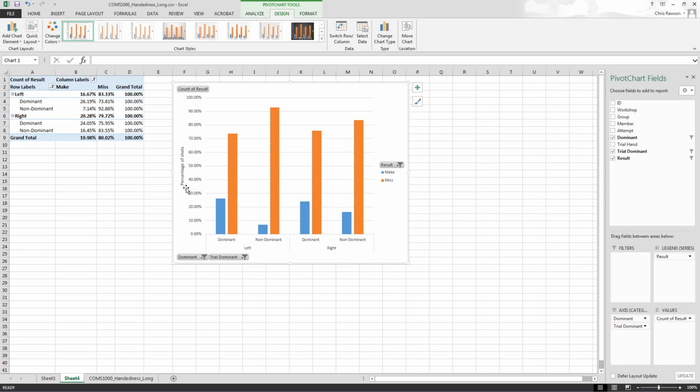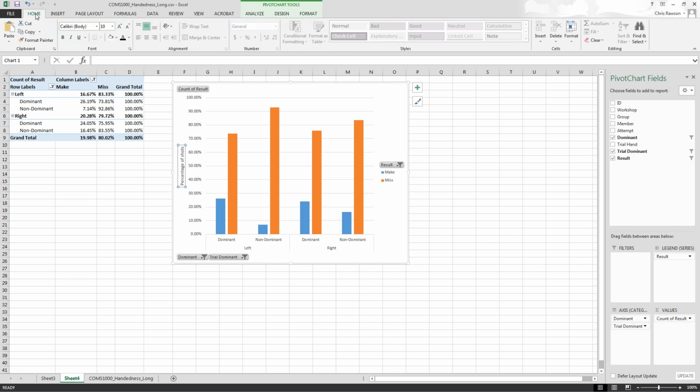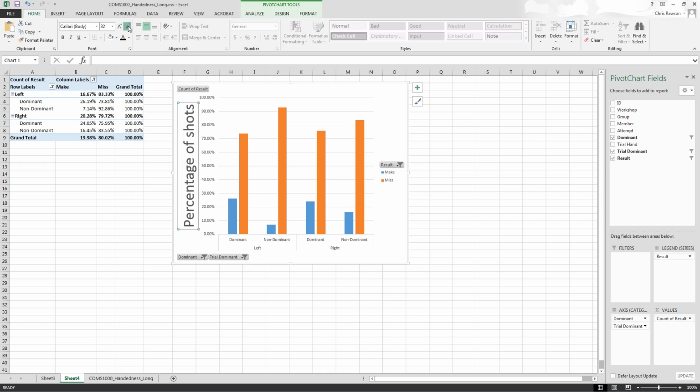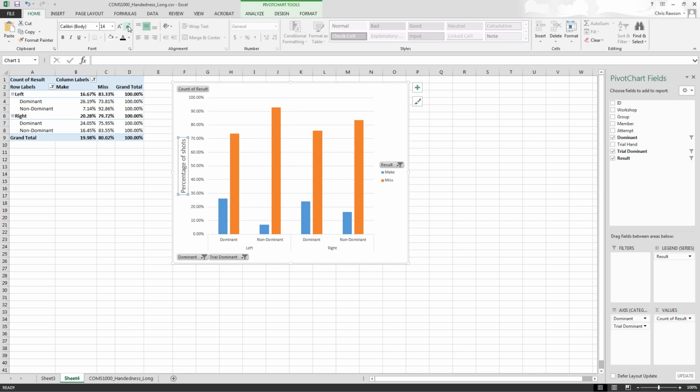And that's going to be a little bit hard to read when we go and copy this into a Word document. So we click on that, go to Home, and these buttons will increase the size and decrease the size until they look something like something that we would want to see. One of the other things that this new version of Excel does that I don't particularly like is that it doesn't include a line down the y-axis here. It also includes grid lines, which you don't usually see in a published